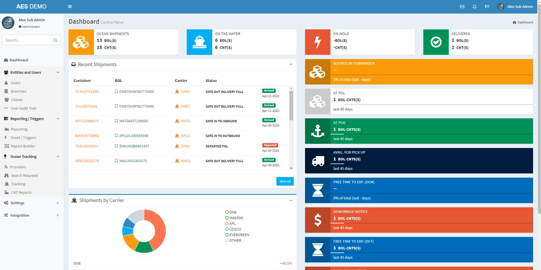Some of the milestones that we're displaying on the screen are on customs hold, booked by forwarder, on the water, at port of lading, at port of discharge, available for pickup, free time to expire,